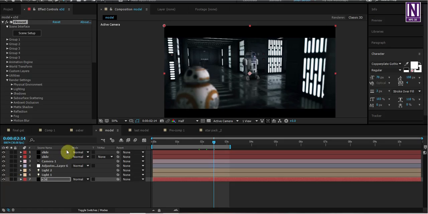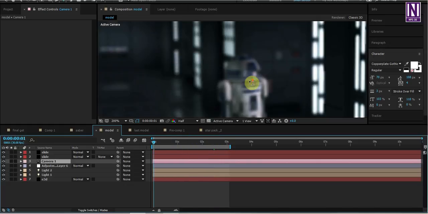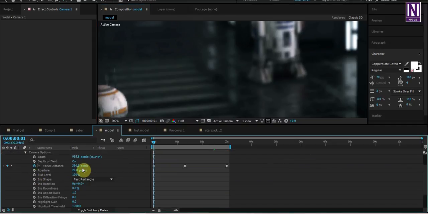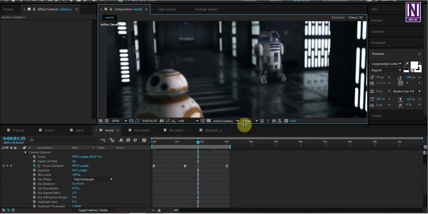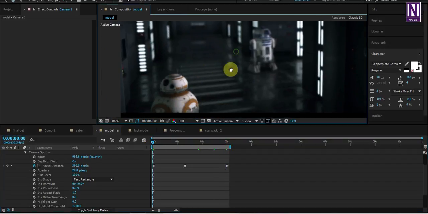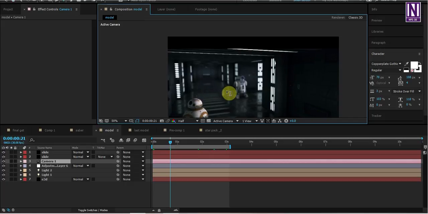And here I use some lights, camera movement from up to down, and use some depth of field. Here you can see the depth of field. I animate the depth of field. So in here it will be out of focus, and this is in focus, and here this is in focus, and this is out of focus. So it helps your video look cool.